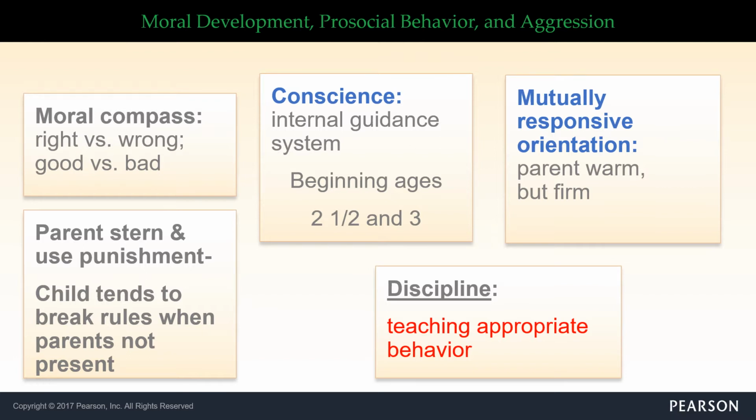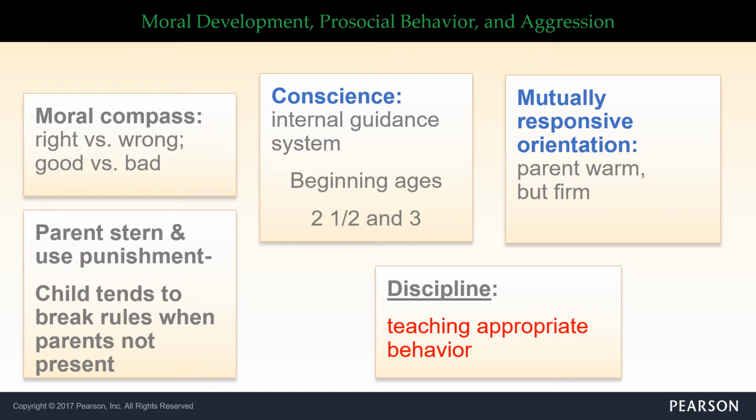And so some different approaches that parents use and their effectiveness. The first one and most predominant, unfortunately in the United States, is stern parenting and using punishment almost exclusively. And the disadvantage of this is when parents aren't around or authority figures aren't around, children tend to break the rules. What is a more effective approach is to use what traditionally is called discipline, and this is the traditional